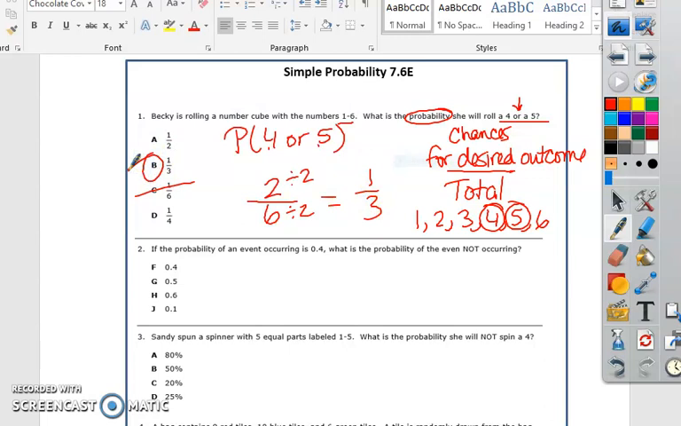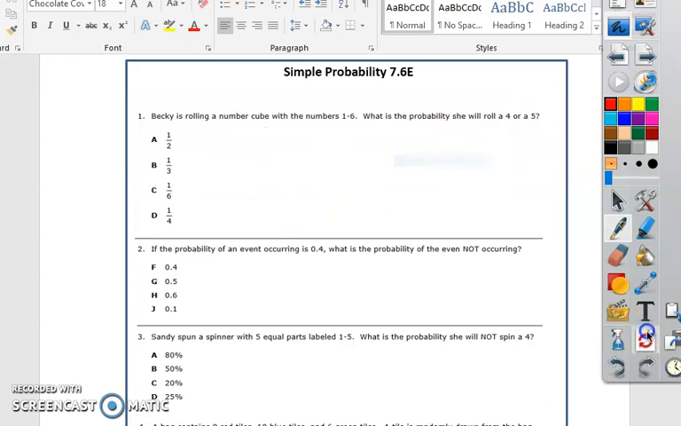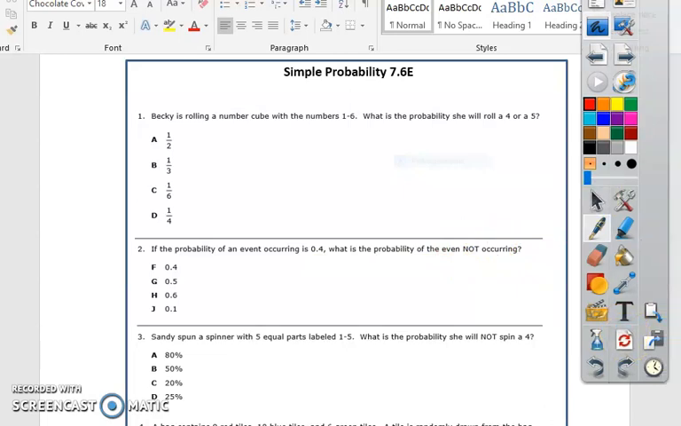Now, number 2. If the probability of an event occurring is 0.4, what is the probability of the event not occurring? There should be a T there. I didn't even make this one. This was a mistake I already put in. Okay, so